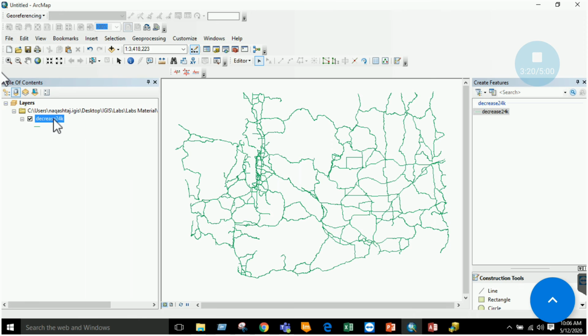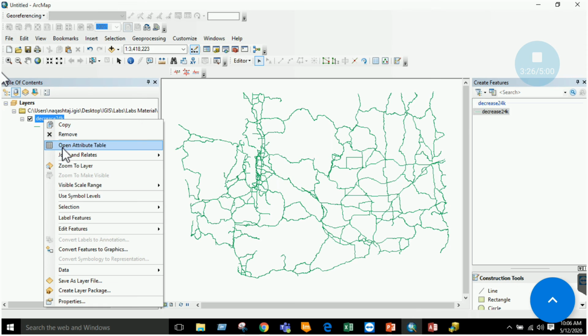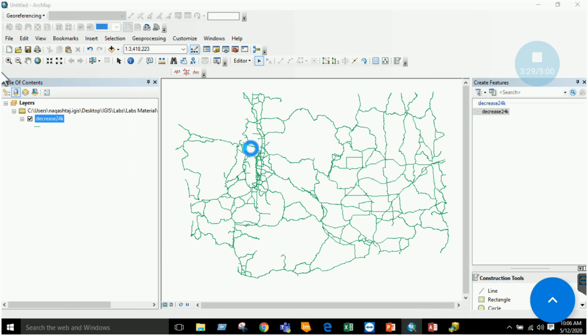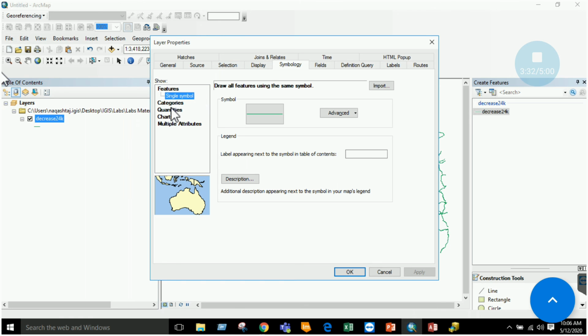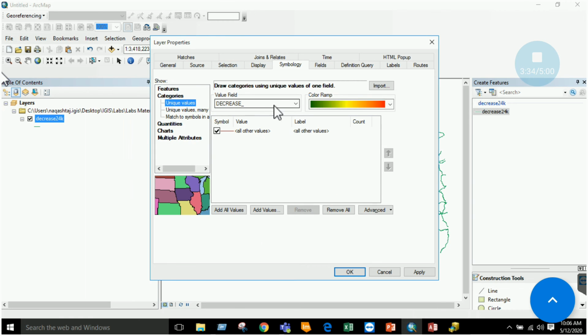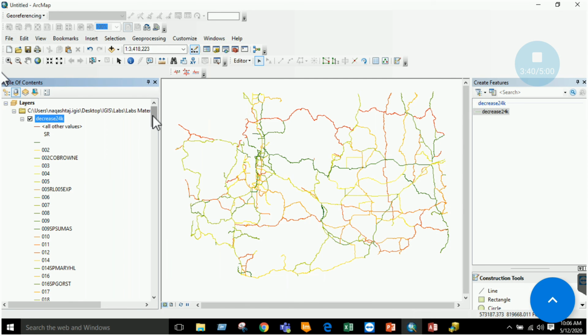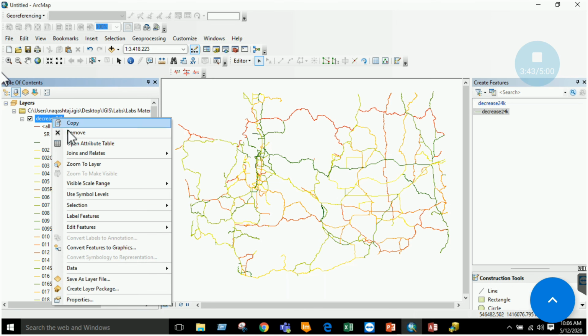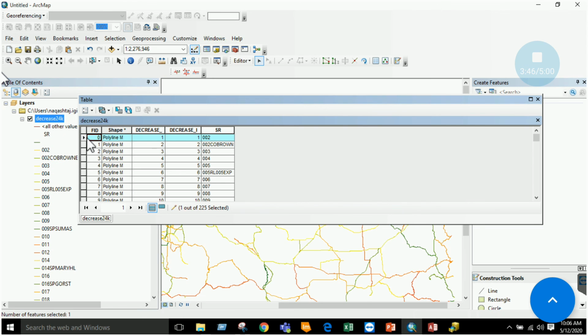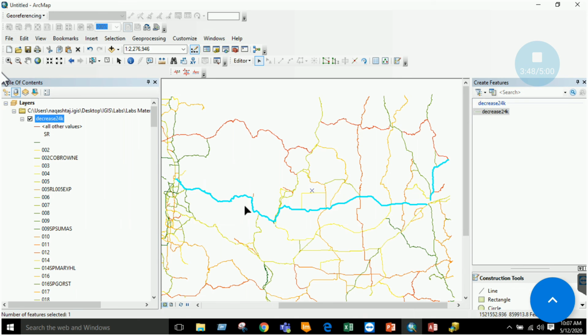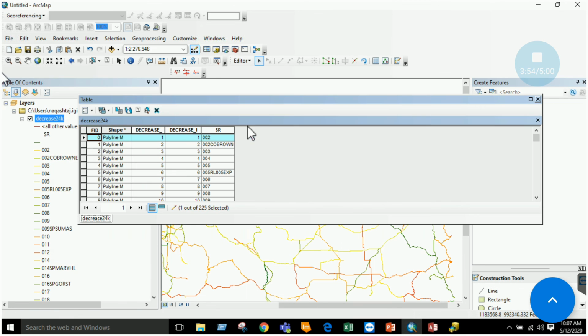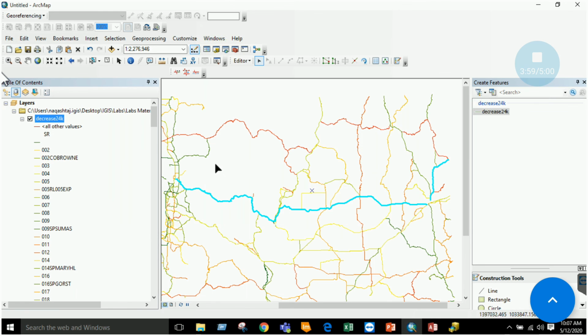More exercises. Let's clear this selection. In vector data, we have points, lines, and polygons. For example, this is my line file. If you go to the properties section, you can make maps from these vector files based on any feature. For example, I have a map based on the SR field. Similarly, in the vector file, you can note that each line is basically a separate record in a separate row. You have each line drawn, so you can select them from this attribute table and view them in ArcMap.